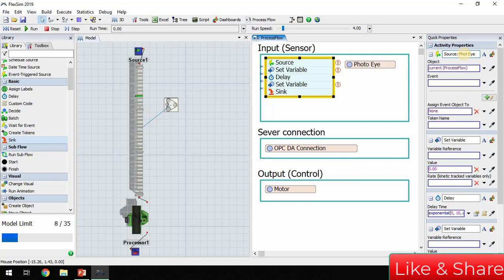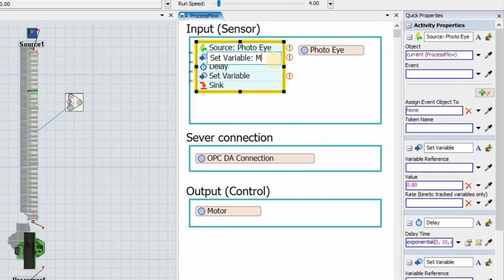Source is simply called a photo eye. Sensor is a command, and the next one is a set variable. The variable name is motor to 0. Motor to 0 means the motor is stopped now. How much delay? Suppose I place a delay value of 3 seconds.